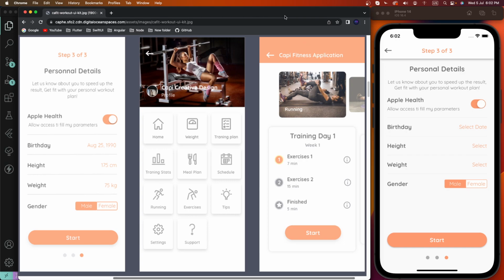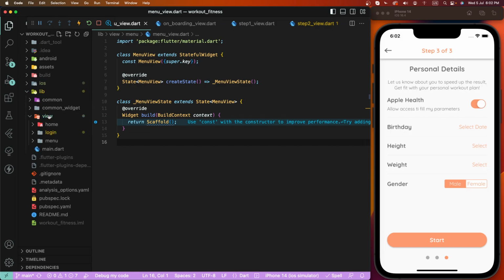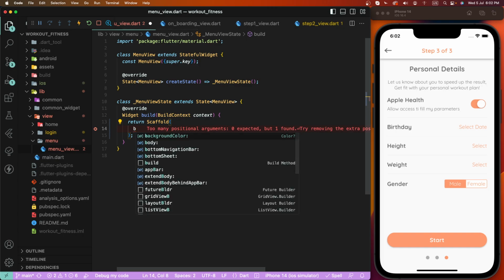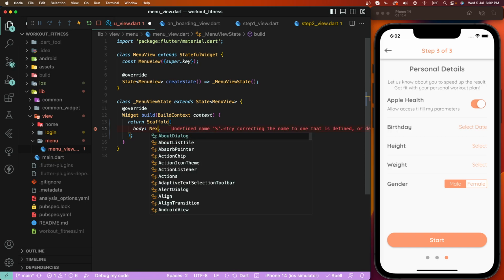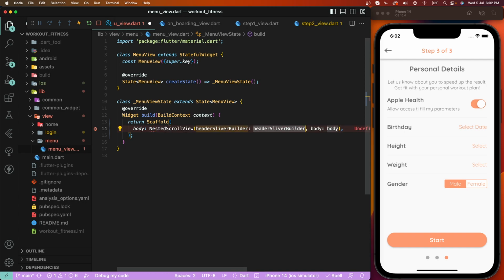We need to create these designs inside Flutter. So first of all, go inside the lib folder, select the view folder, and go to menu and menu view. Now we need to create the body, and write down here a nested scroll view. Need to import it, and write down here the